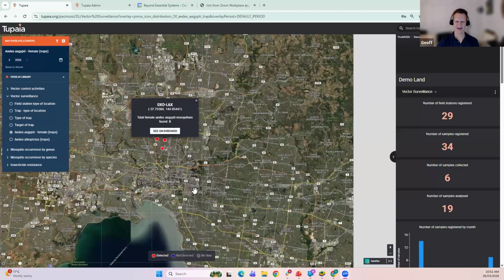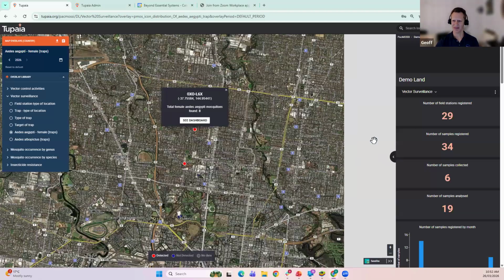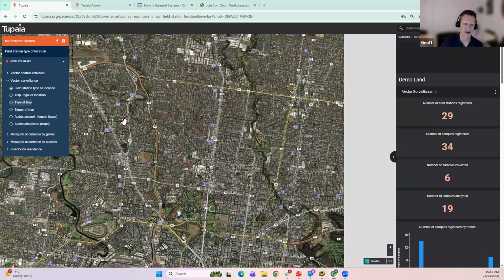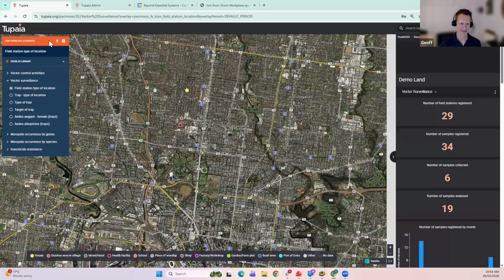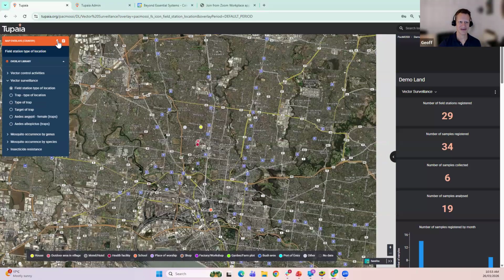Yep. So you can definitely download the map overlays and any of the visuals. I can just show you briefly how to do that, Amanda. If you're in a map overlay, whatever you're seeing on the screen in terms of the mapping, you can download that. So if I wanted to say, I want all the locations of field stations, you've got to decide what level of zoom you want to be in. There's a button here in the map controller, up on the left, that arrow. If you press that,